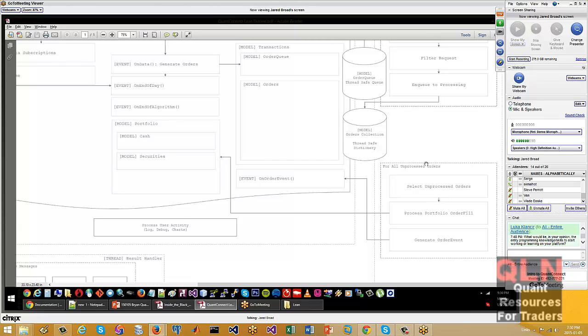When the orders get filled, those events come back to the algorithm, and then we update our local portfolio based on the order events. The order event might be, half of our order has been filled at this price. And then the other event comes in and says the other half of our order was filled at a different price. And then the portfolio manager combines those events and slams it into the user strategy.